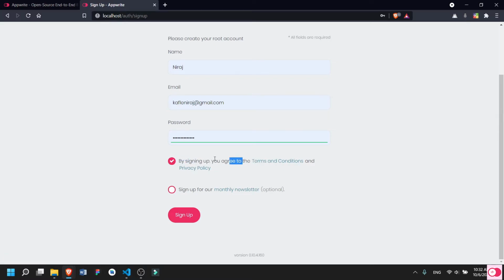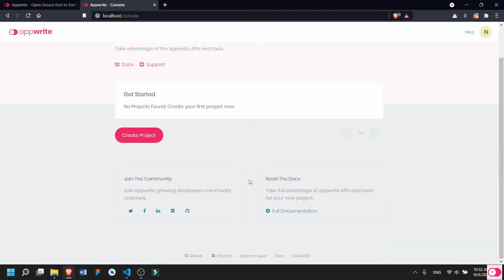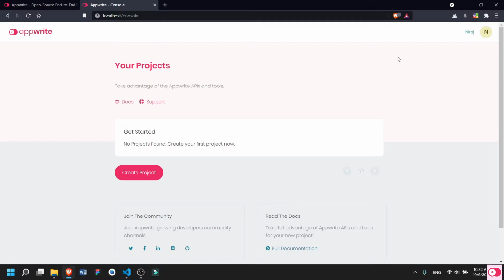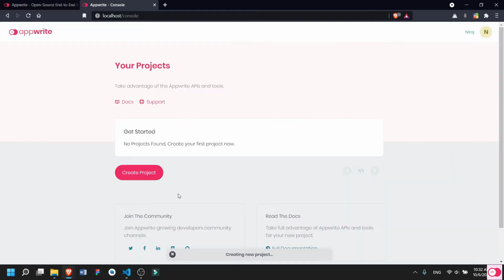I agree to the terms and conditions and press sign up. Now here you can see I have been redirected to my dashboard, so I'll create a new project and name it SuperAuth and press create.